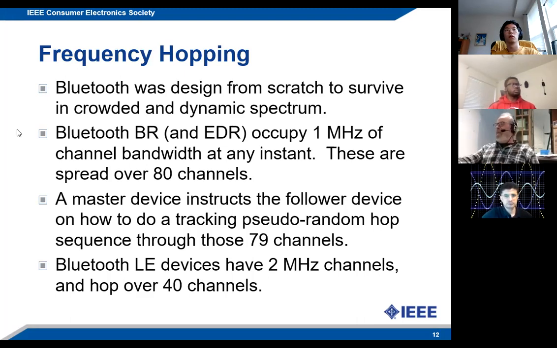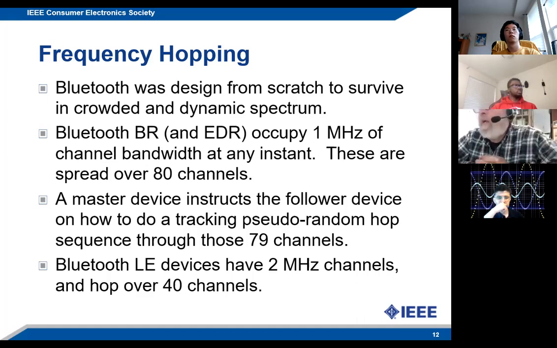Bluetooth basic rate, that's what BR stands for, and extended data rate, which is Bluetooth 2, each occupy 1 megahertz of channel bandwidth at any given instant, spread over 79 channels. When the master device and the subordinate device pair, they exchange data which basically seeds their frequency hopper engine, so that the transmitter and the receiver will jump as a pair over these frequencies, and they jump at 800 hertz.